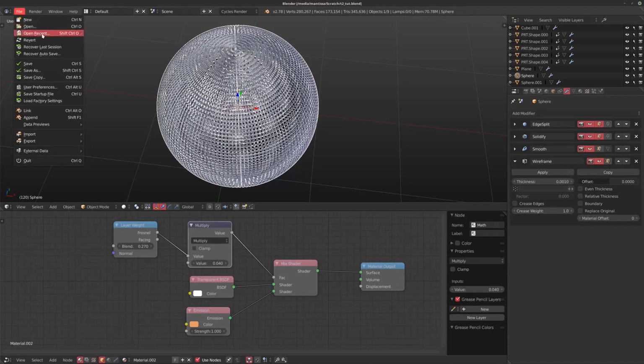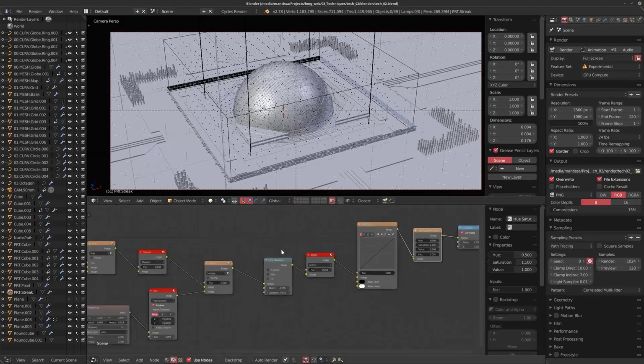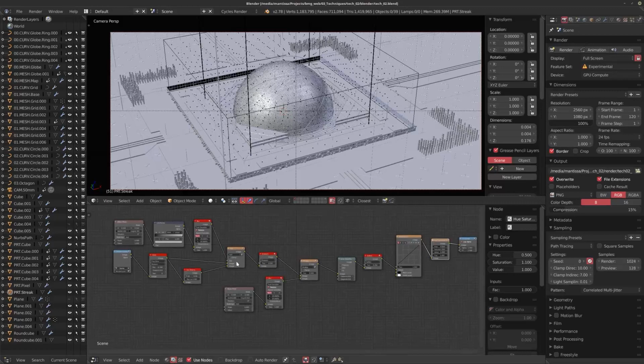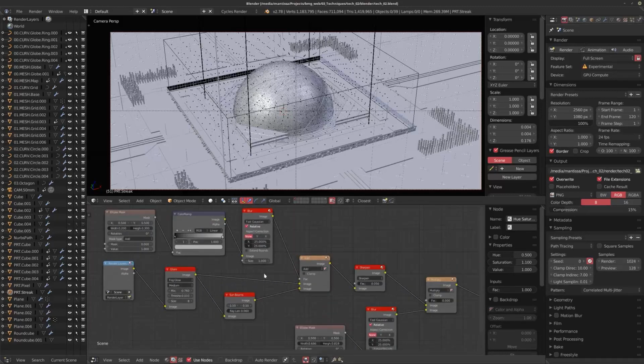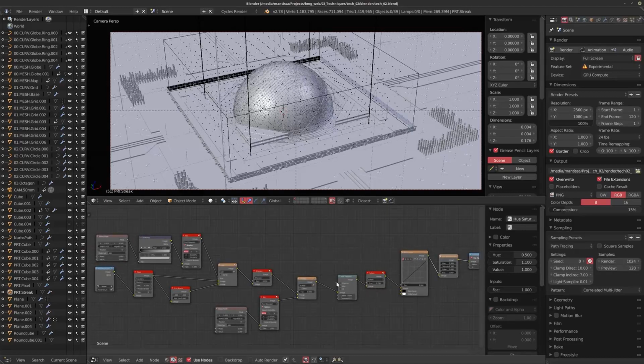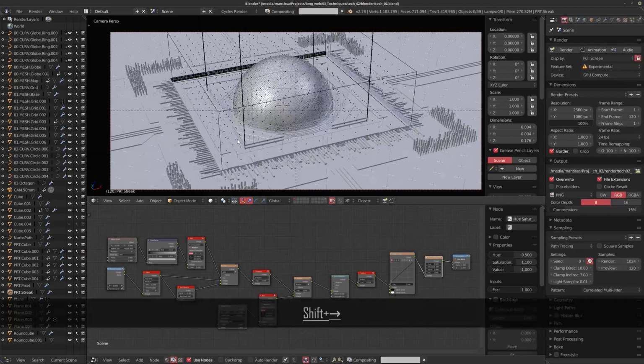And it should be in my recent files. There it is. I believe it's Tech 2. There we go. So, this is my compositing node. Again, for compositing, your best friend is going to be blurs, glares, and glows. Just look at this in the file itself. I like to keep it simple when it comes to compositing. I like to try and do as much in camera as possible, I guess you could call it.